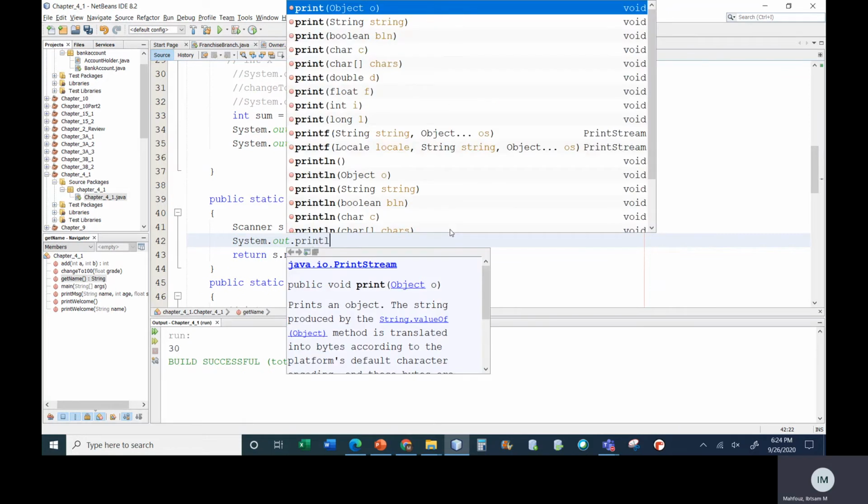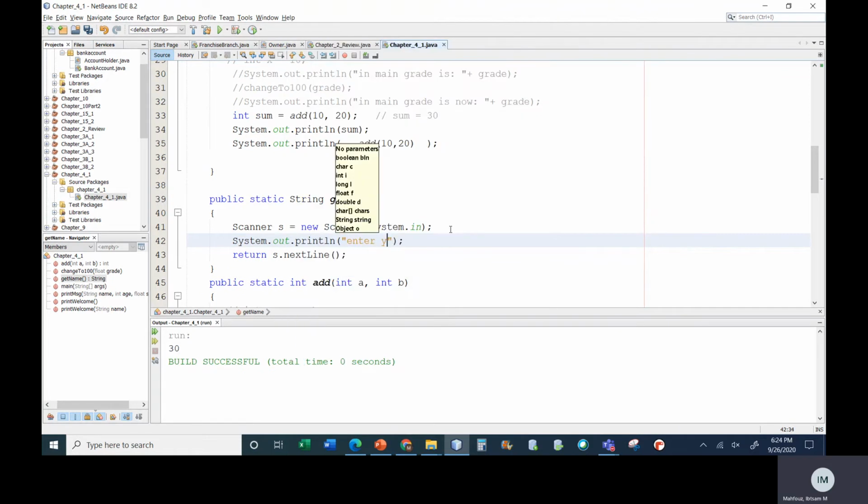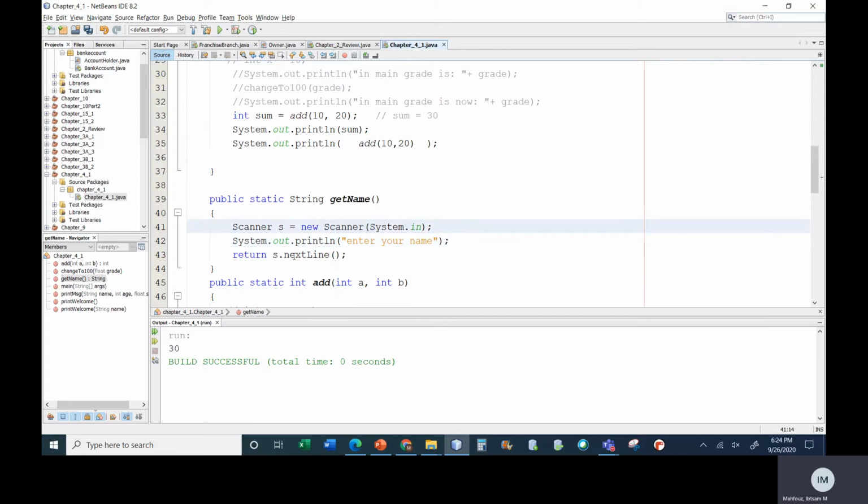System.out.println. Enter your name. Okay. So now when this method